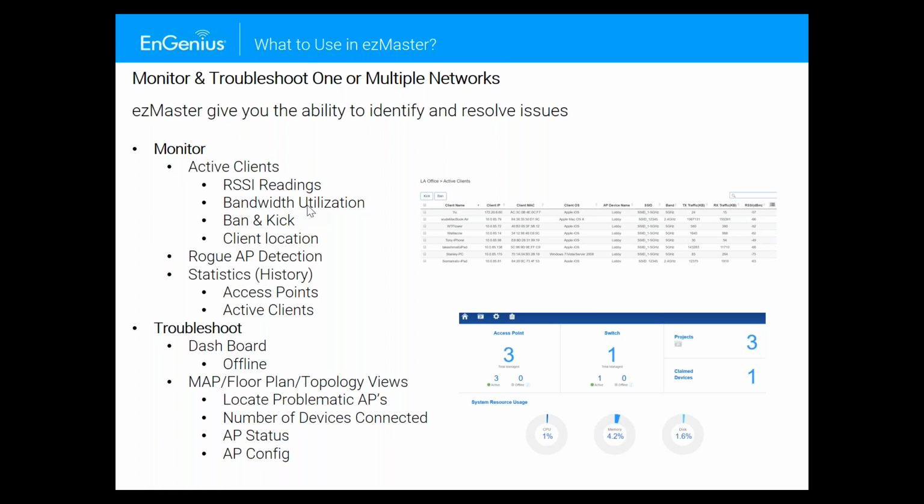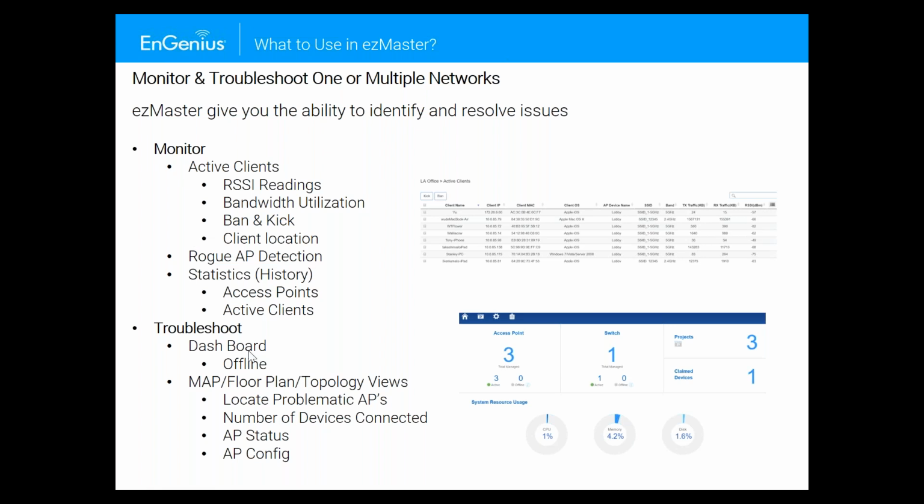You can monitor their bandwidth utilization. You can kick them off or ban them. Rogue AP detection is also part of that monitoring process. You can look at statistics and the history of access points and active clients.